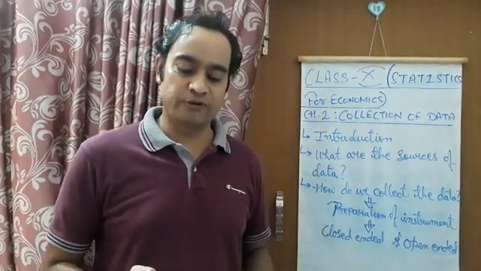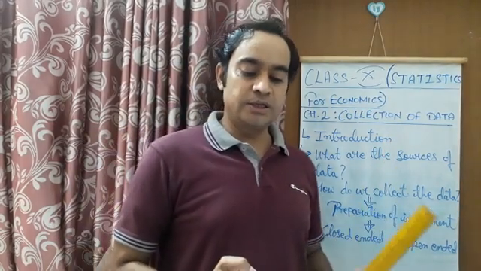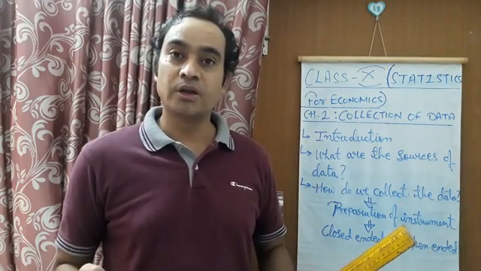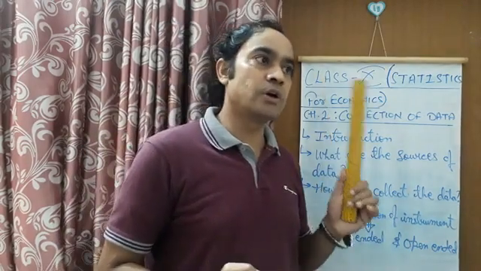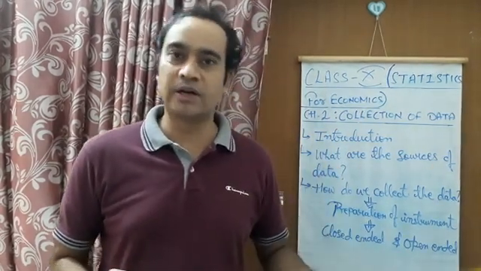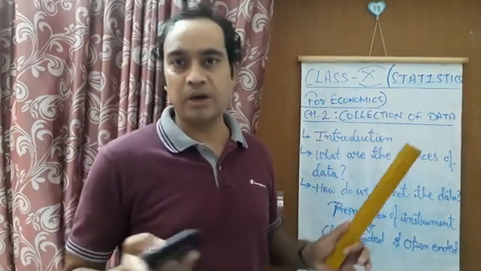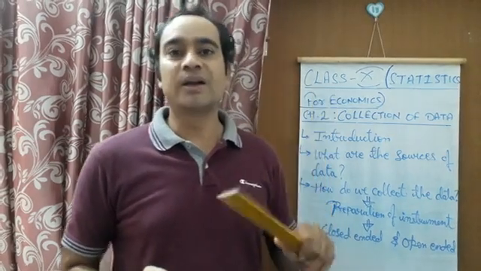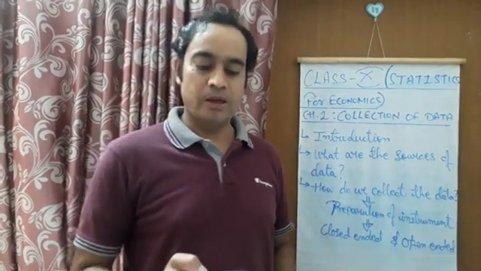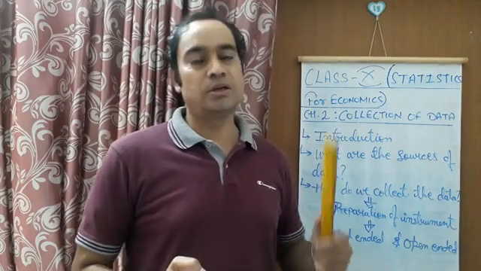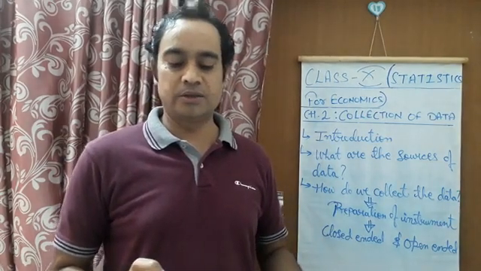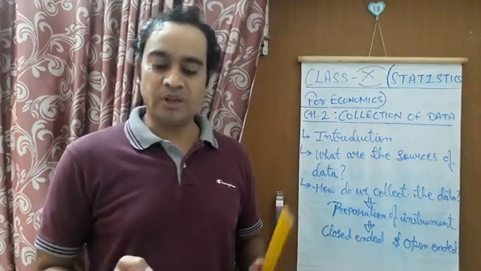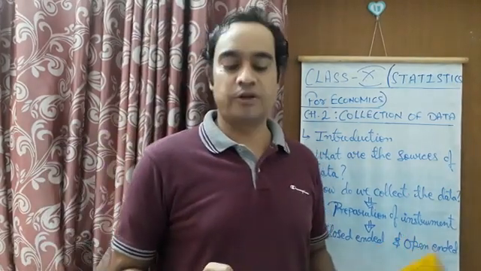So in general questions, first of all, what is there? Is the electricity supply in your locality regular? Now the brain of the respondent will move towards this electricity only, and then he will give the correct answer. So always the questions should move from general to specific. First it should be asked, is the electricity supply in your locality regular? Then you should ask, is the increase in electricity charges justified?